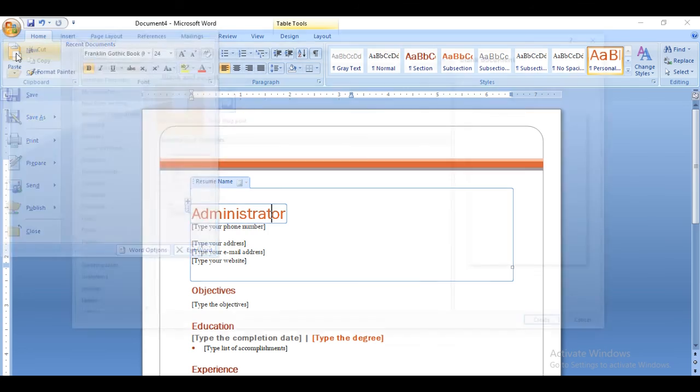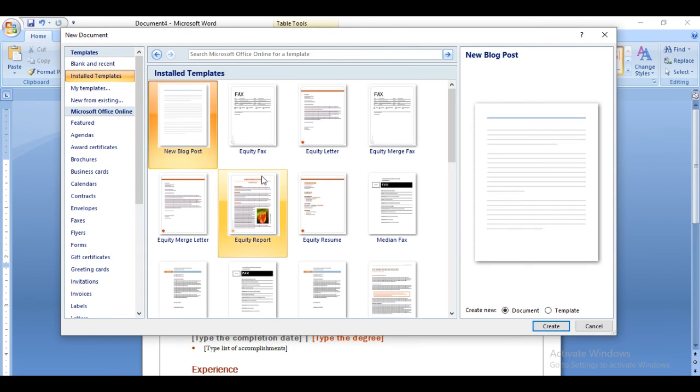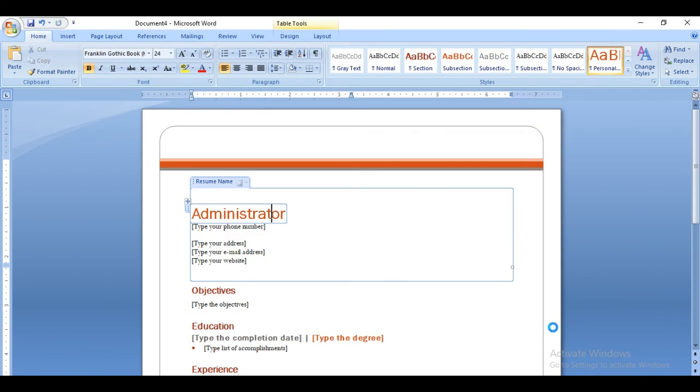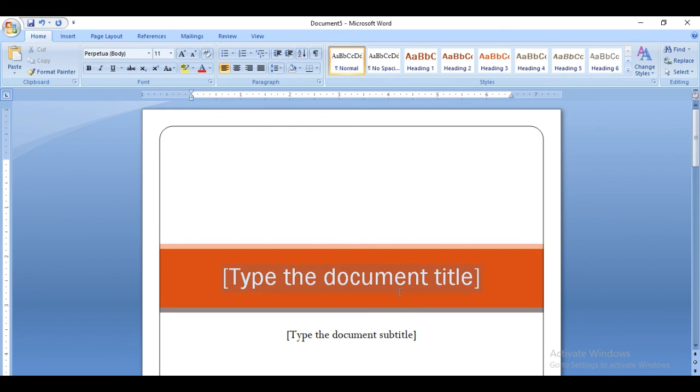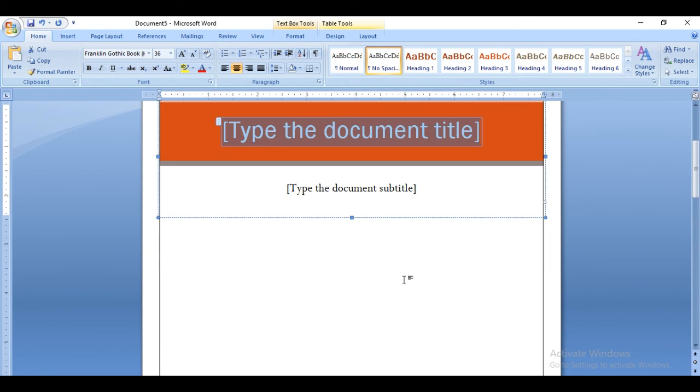And there are different templates more here. Let's see. Go to the new and install templates option. As you can see, suppose I opt for this one and create a new template. Here you see a pre-designed format of a document. Where can this be used? Like when you have to submit a report urgently, or you have to submit a project.